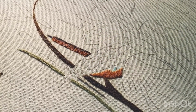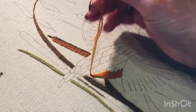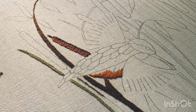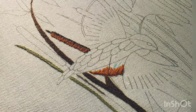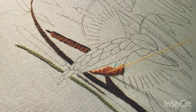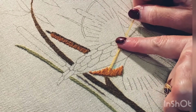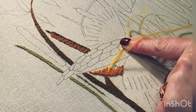So that'll do, and I will come back and show you the next shade. You just need to thread up one strand with the next shade, and you can go back to your crewel needle. So the second row, as I've said, is in the lighter shade of the autumn yellow. You're using your crewel needle with one strand, and we're going to come up this time quite near the edge, again in the centre of the shape, but we're going in the opposite direction. And we're going to be careful to make sure we've got the same angle and go right to the line